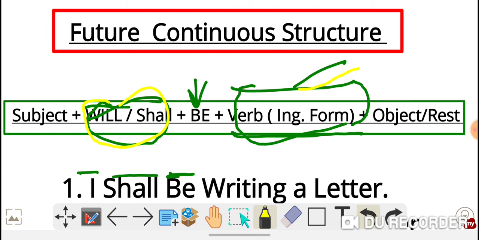And again I am going to tell you one thing: will is used when we want to show determination, that I will get a job, so it is my determination. In general, I shall or we shall, and with the rest will, okay. So shall or will represent the future action, the time is in future, and the continuation will occur in future and is represented by the ing.